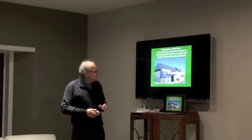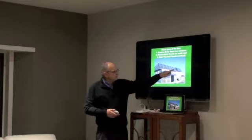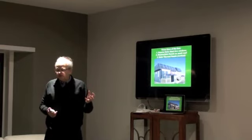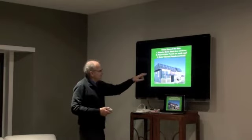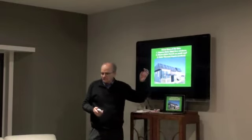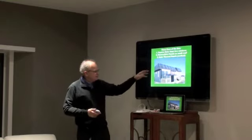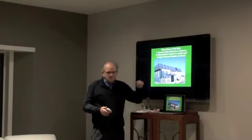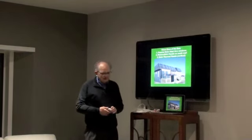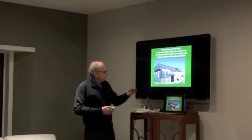That's important. The second thing is we have photovoltaic panels on the south roof. Someone once described photovoltaic panels as rocks that make electricity. Basically, they are a solid material like a rock, and when the sun strikes it, the electrons are energized by the photons coming from the sun, and that produces useful electricity. And the third thing are